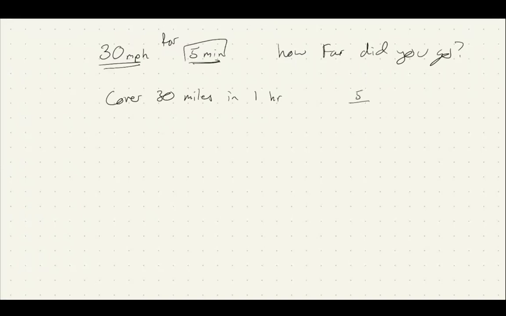Let's see, so there's 60 minutes in an hour. So I guess I drove for 1/12 of an hour. And so if you think about it for a while, you realize, okay, I must cover 1/12 of 30 because I only traveled 1/12 of an hour. So 1/12 of 30 miles. This is the answer here. Okay. That might seem a little weird,